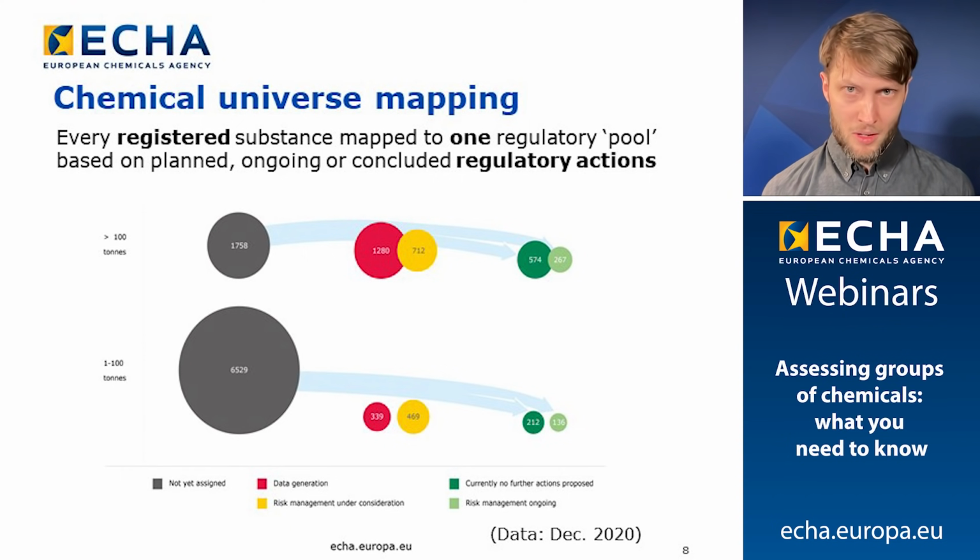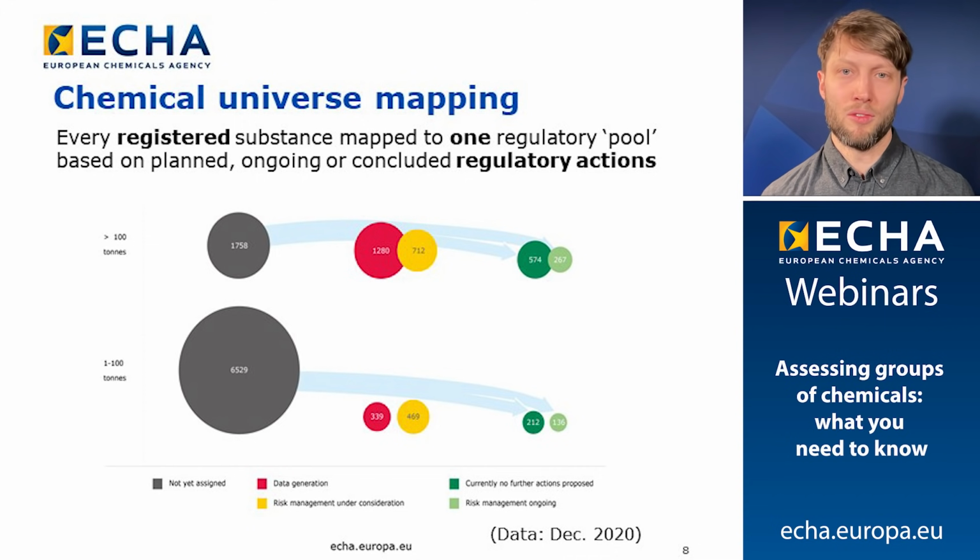Now, this is the chemical universe. You might have seen this on our website already. This is a tool that helps especially authorities to map the progress in regulating chemicals of concern. We are mapping every registered substance to one of these so-called regulatory pools based on the planned, ongoing, or concluded regulatory actions. Basically, the aim is, looking from the left to the right, to reduce over time the gray bubble, to assess all those substances, to have a look at them that so far have not been looked at,